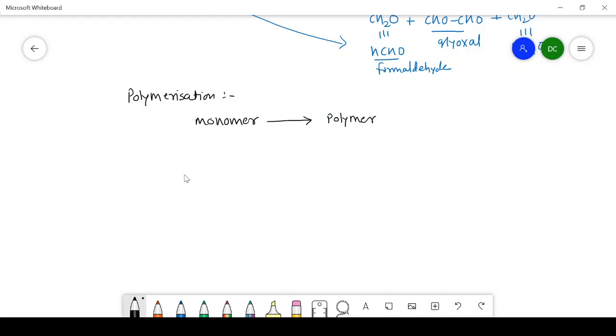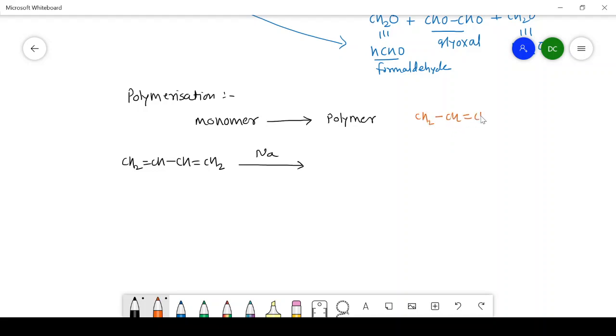In the presence of metallic sodium. So 1,3-butadiene, I will write the structure: CH2=CH-CH=CH2. In presence of metallic sodium, what happens? When there is a presence of metallic sodium, then there is an occurrence of free radical. So to understand this polymerization reaction, we have to take a diradical resonating form, that is